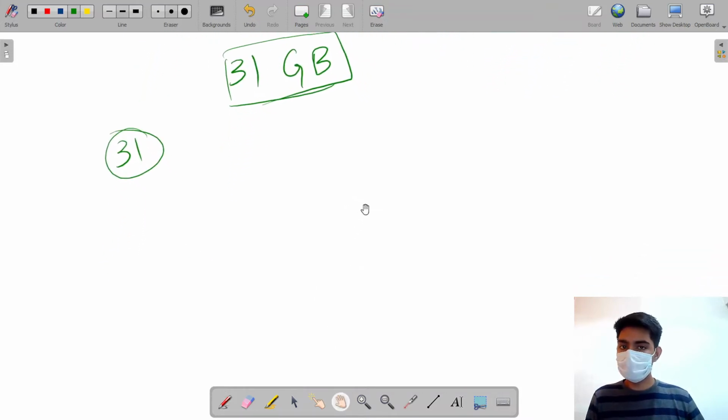This is a huge problem because you don't want this kind of space to be used for a string of length just 31. So instead of storing the value somewhere, we are just going to print it. And how are we going to do this? Let's see.